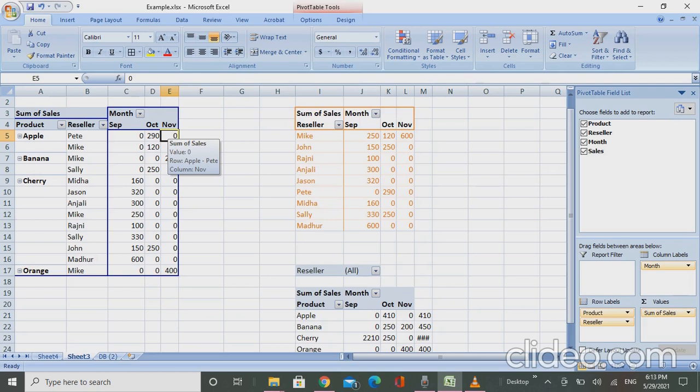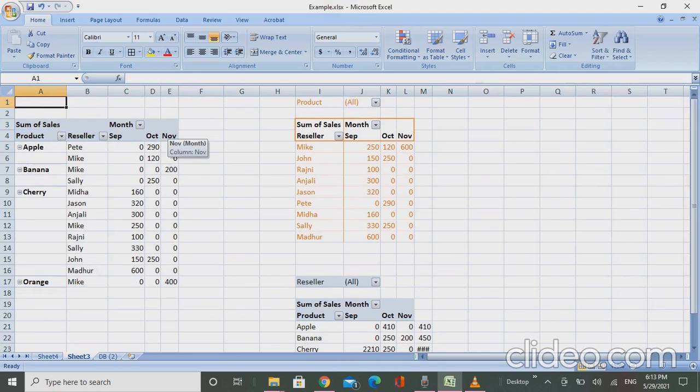Suppose I have a pivot table and I want to copy the values of all of these pivot tables. So what I'll do is I'll make a copy of this sheet by pressing the left key of your mouse and the control key together, and then leaving the left key of your mouse and the control key still pressed. So this will make a copy of this pivot.